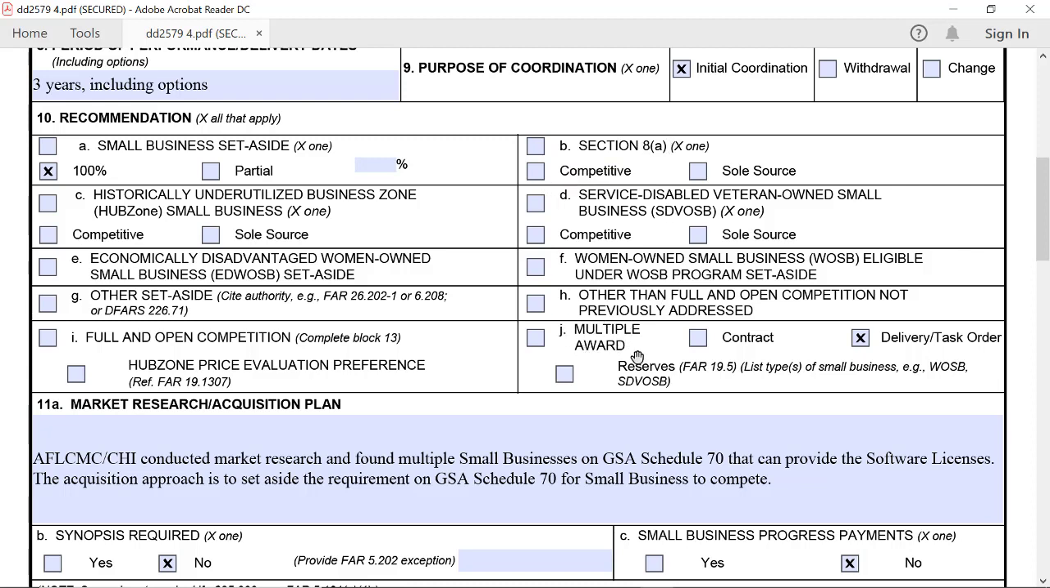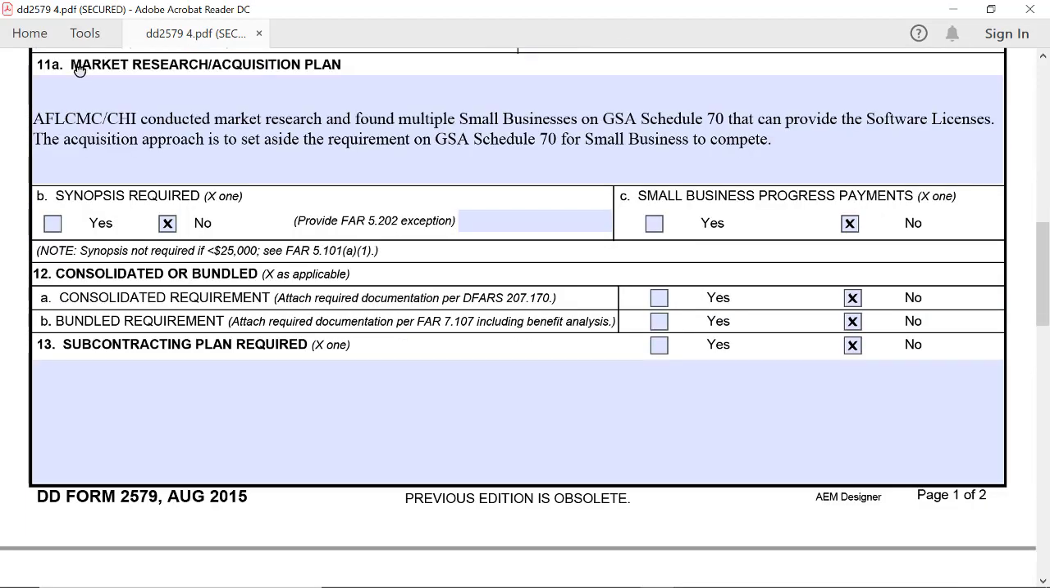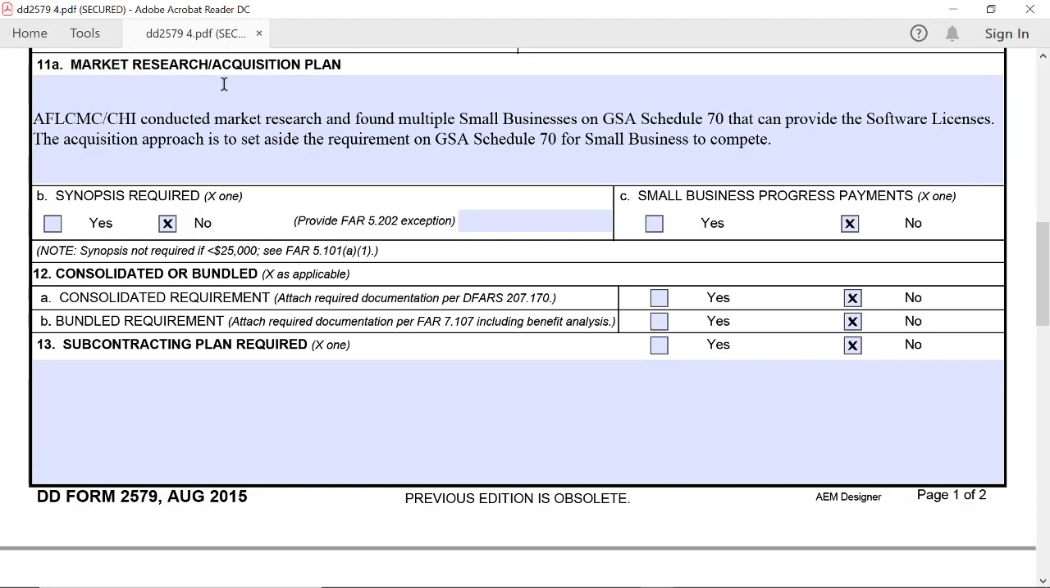Block 11A, Acquisition Plan, Market Research. This is the most critical block on this form as it provides the full justification for your acquisition strategy. Provide the written acquisition plan per FAR Part 7.104 if it's required, and the results of market research as an attachment. Include any resulting justification and approval per FAR Part 6.3 or sole source or brand name justification per FAR